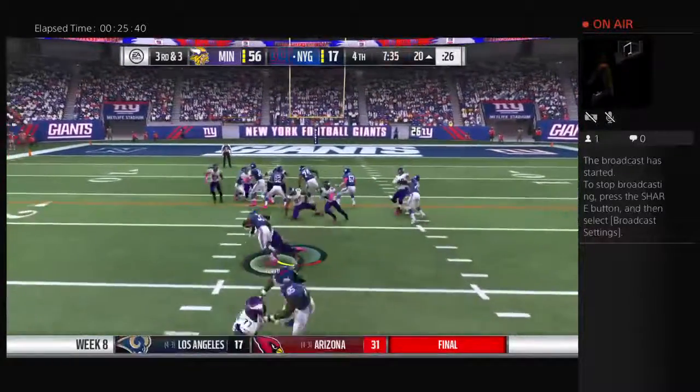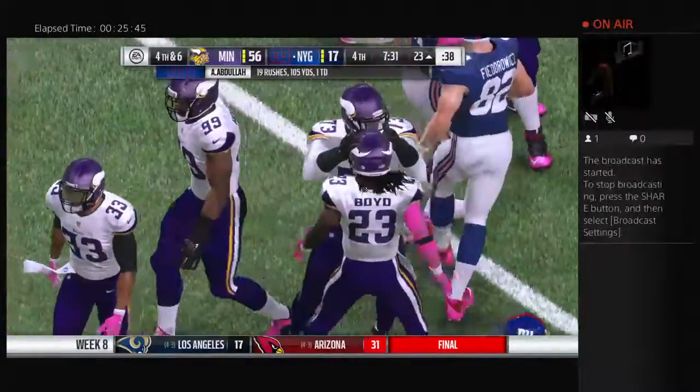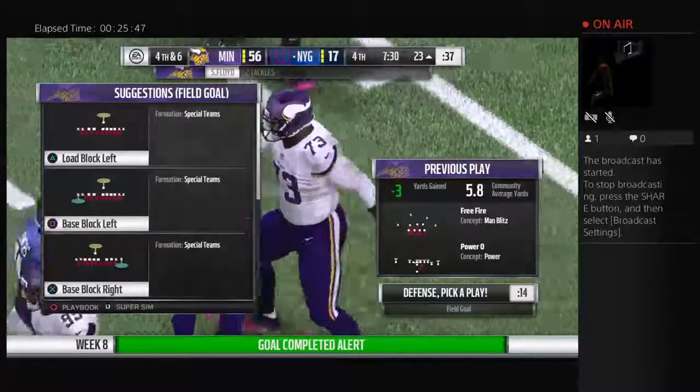They'll run here. Abdullah. And he will lose yardage here back at the 23-yard line. It's a loss of a full 3 yards, and it brings...